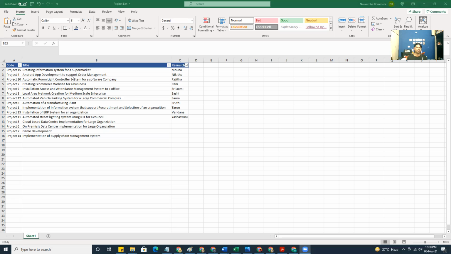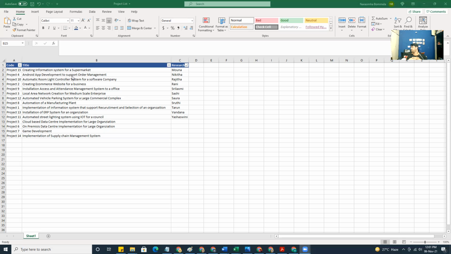The third project is an automatic room light control system for a software company. We all know that room light should be effective to ensure the eye health of the people working in the company. When we are working in the office, if the room light is dull, it will create a severe impact on employees working in the organization.